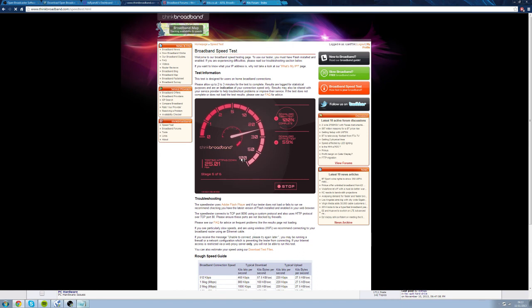Basically, when this is finished, you will have two graphs here. This side will be your download speed, and it will show how stable it is. If it's a straight line, it means your download speed is stable. If it's all wobbly, if it goes up and down like this, it means your download speed is unstable. Over here you will have your upload speed, and this is what you want to look at. If it's straight,